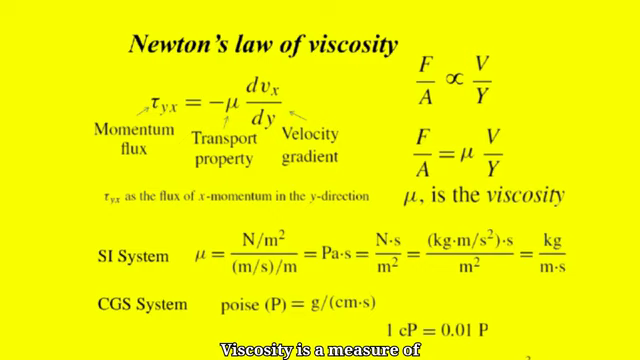Viscosity is a measure of a fluid's resistance to deformation. The SI unit is Pascal second, or kg per meter second. The CGS unit is poise and centipoise. Conversion: 1 Pascal second is equal to 1000 centipoise. And that's everything you need to know about Newton's law of